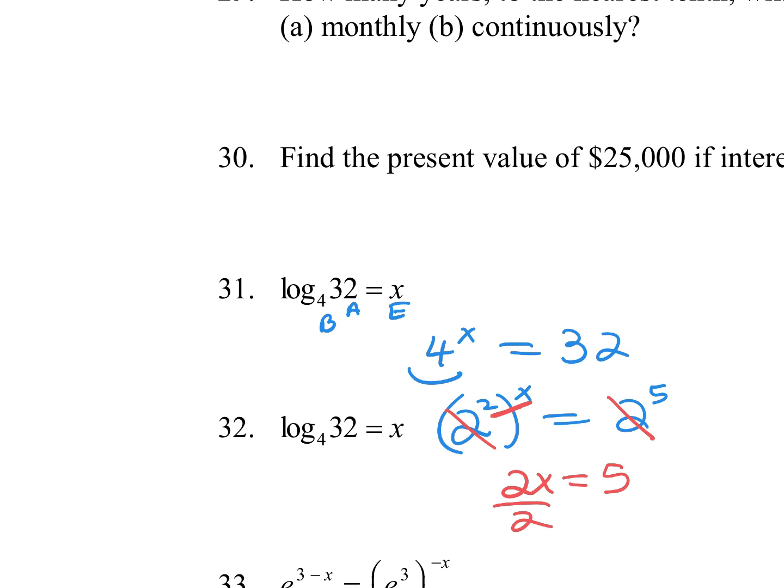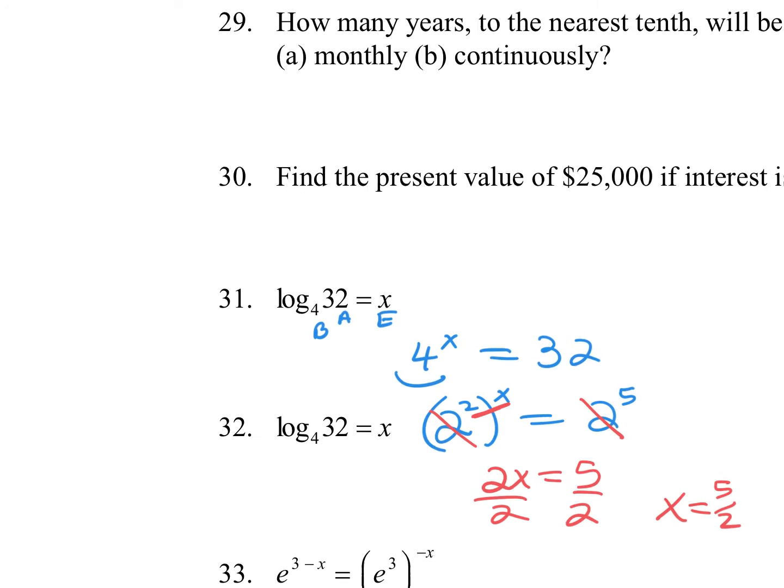And now divide by 2. And x equals 5 over 2. You can leave it like that. So this is how you would do it if there's only one log on either the left or the right side. Turn it into exponential. Now, if you have more than one log word, let's just say you have a log